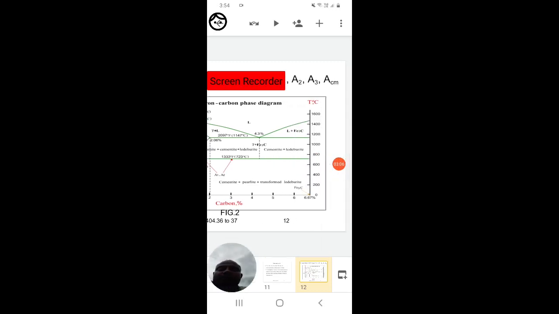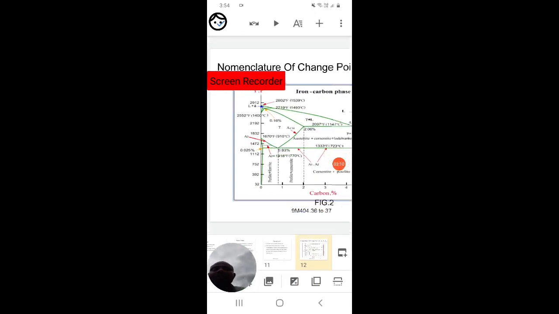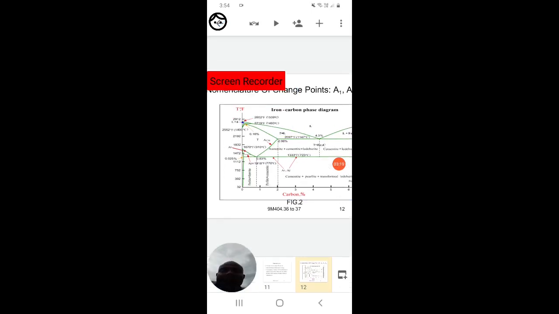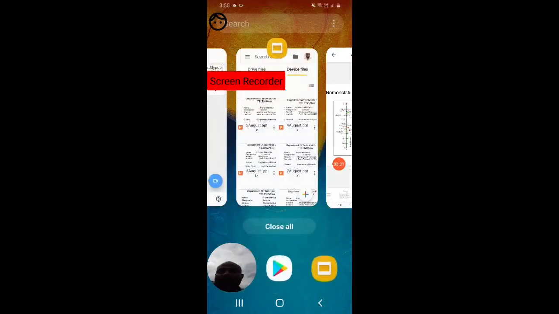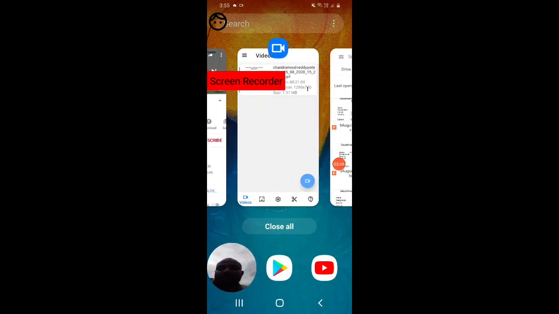And A4 is also there, that is a peritectic reaction, where the phases are also changed. That means the temperature at which phase transformation changes is called an iron carbon critical temperature line. Suppose you see the animation of how these critical temperatures work.